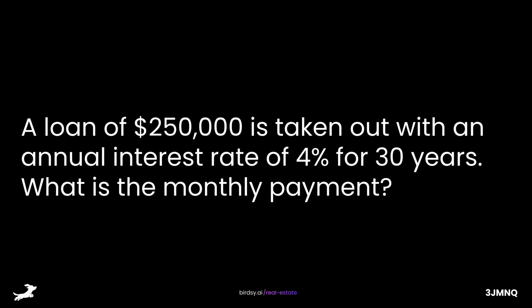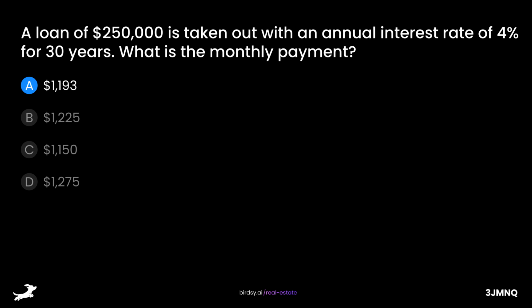A loan of $250,000 is taken out with an annual interest rate of 4% for 30 years. What is the monthly payment? Is it A, $1,193, B, $1,225, C, $1,150, or D, $1,275? The answer is A,